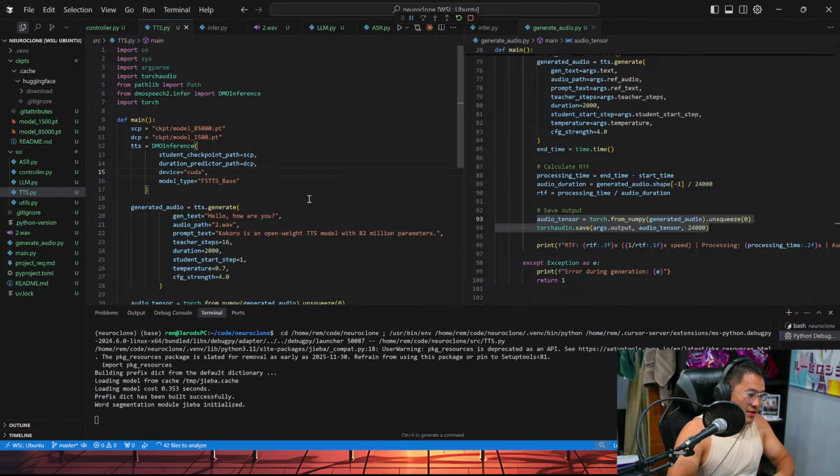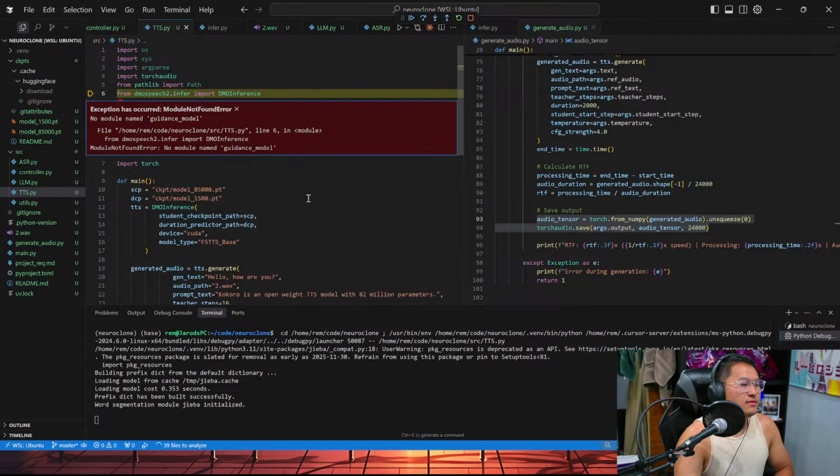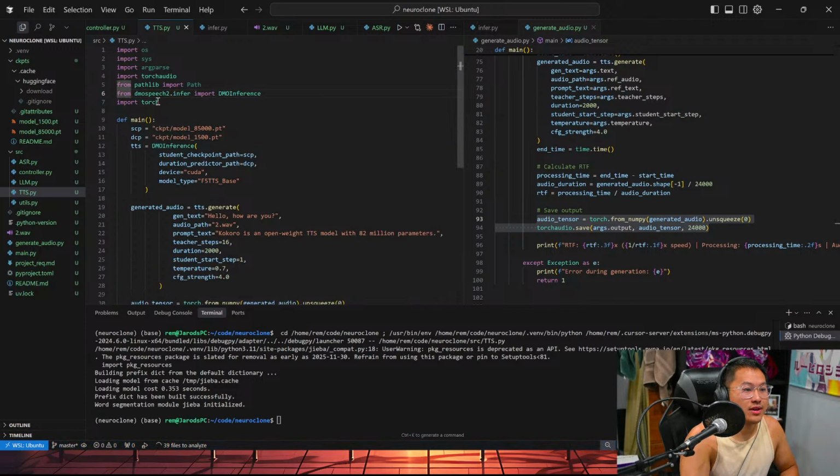We should be good to go. Alrighty, it's loading. It should generate the audio and boom. No. Dang it. No module named the guidance module. Alright, where are you, guidance module?